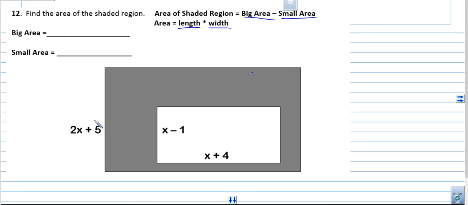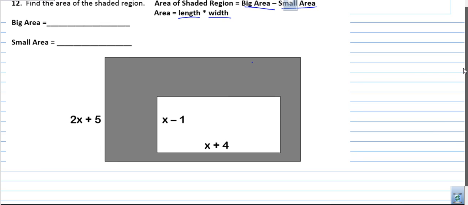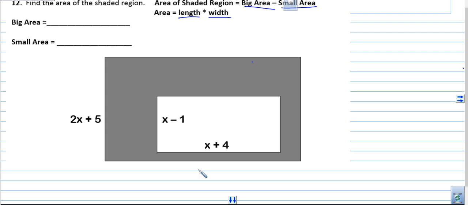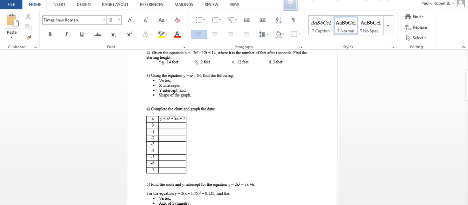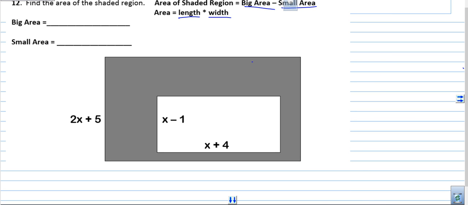So to find the big area, okay, I actually cut off part of the question. And it should be 3x plus 1 right here. Okay? So to find the big area